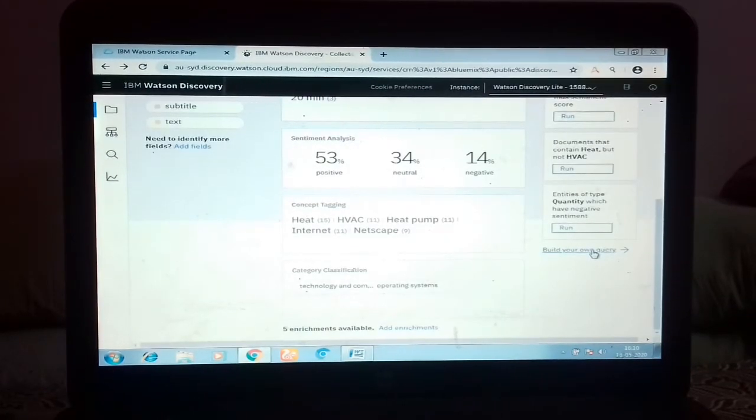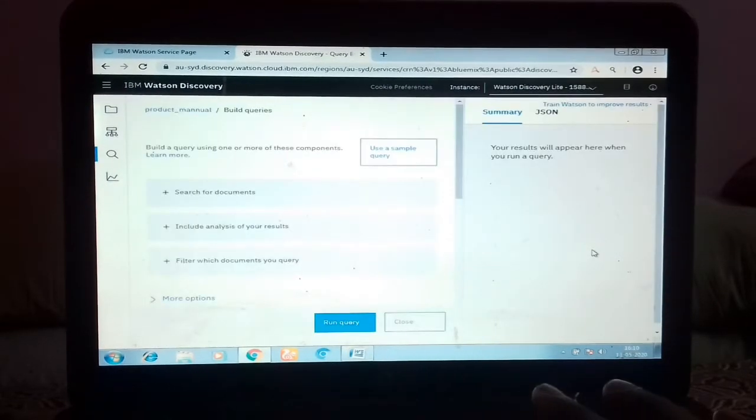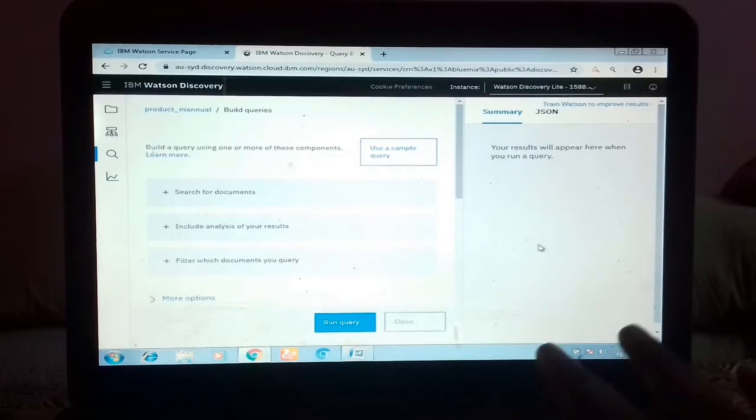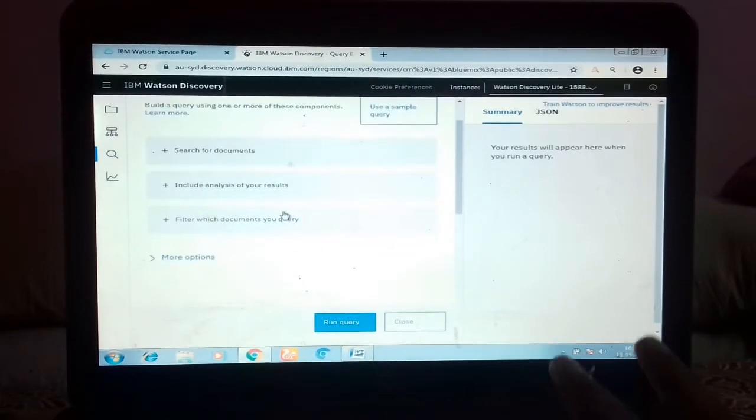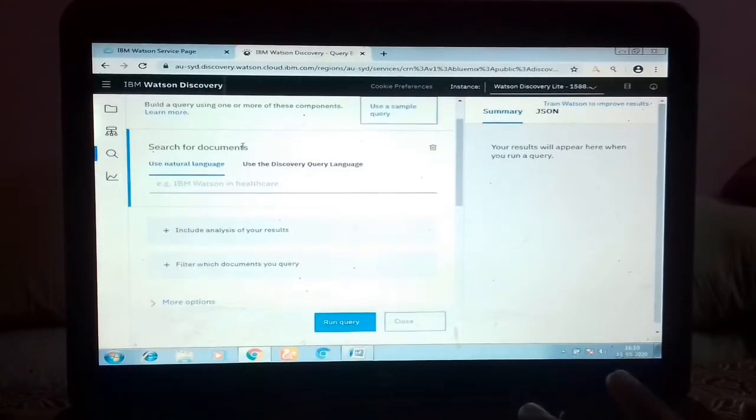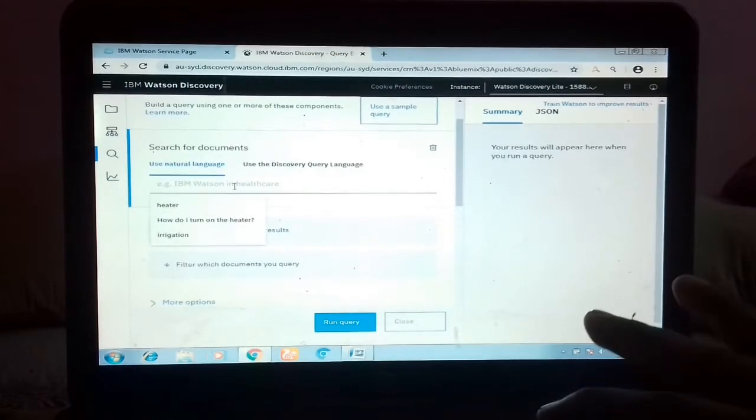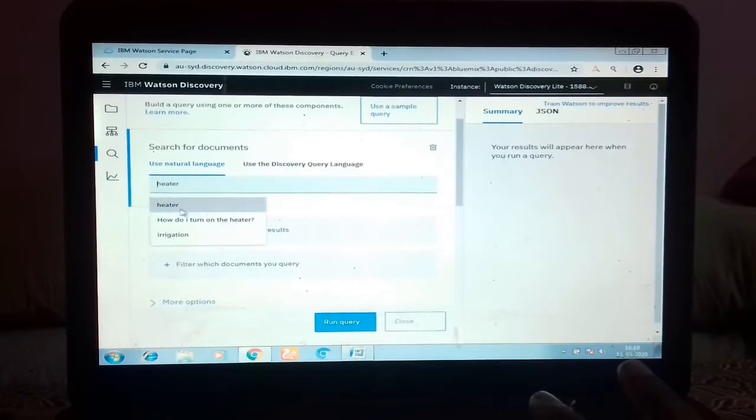Let's build our query. Here you can see the build query option. Click on it. My document is about a heater. I am clicking heater.